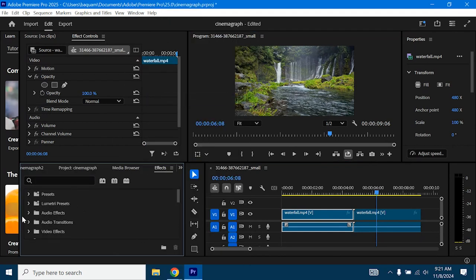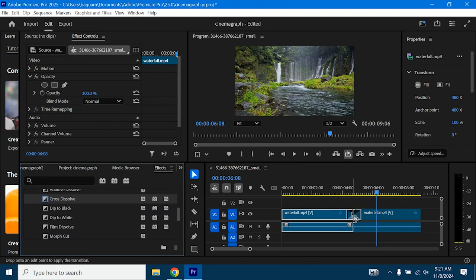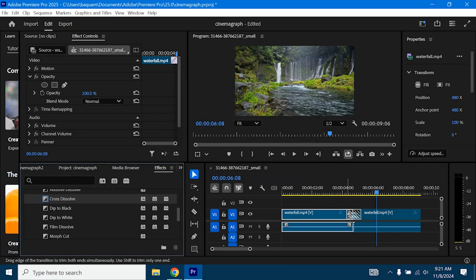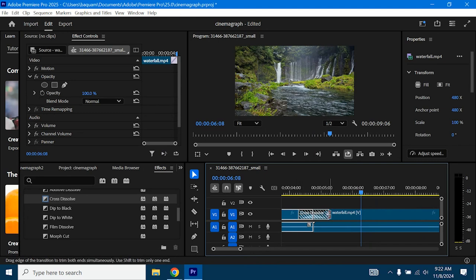And we're going to find that under our effects panel and our video transitions. And then we will do the drop-down menu for dissolve. And you should find cross dissolve, which then you can click and drag and bring over to where you cut that clip in half. Go ahead and click OK if it gives you a little warning, not a big deal. And we're going to extend this cross dissolve out,